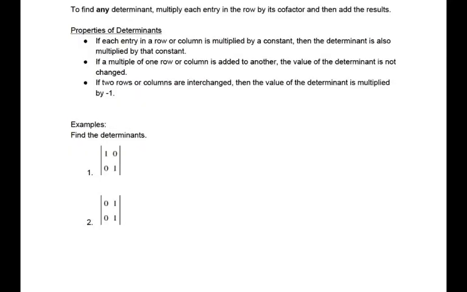Before we get into the examples of finding determinants of matrices, we first want to look at a few properties of the determinant, and I'll read them and then explain what that means and how it's going to affect our calculation. So one of the properties of determinants is if each entry in a row or column is multiplied by a constant, then the determinant is also multiplied by that constant. And what that'll allow you to do is simplify a row potentially, maybe factor out a number that all the entries have in common, or scale a row in the matrix by a constant, and you'll see how that plays out here when we